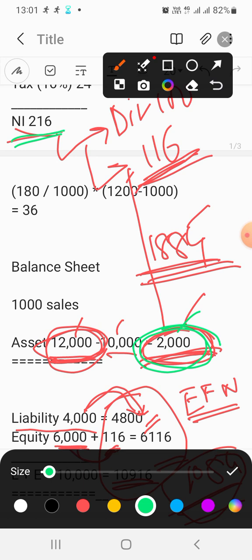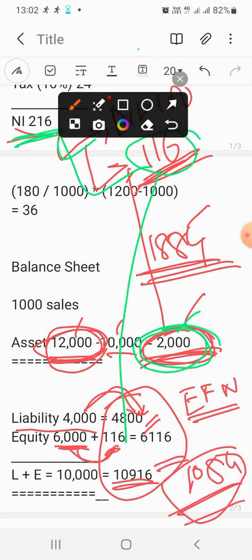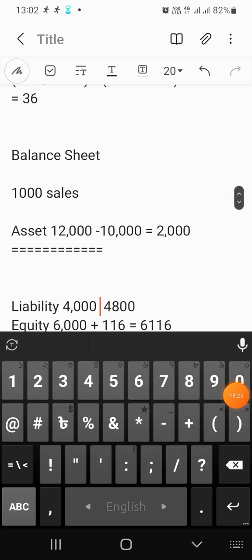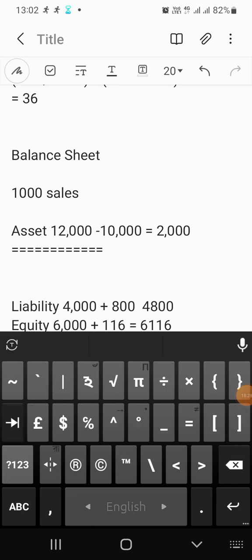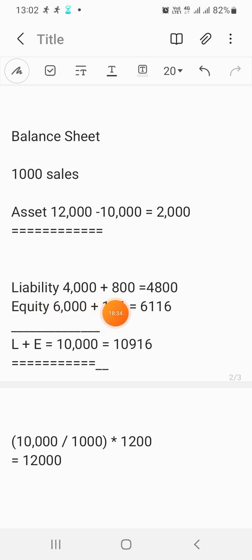তো এই 2,000 টাকা যখন আমি বাড়াতে যাবো, আমার মাথায় এই জিনিসটাও খেলা করবে যে আমি তো পরের বছর একটা নেট ইনকাম করবো। সো নেট ইনকাম থেকে ডিভিডেন্ড বাদ দিয়ে যতটুকু রিটেইন থাকবে অতটুকু আর আমার বাড়াতে লাগবে না। সো আমার ইকুইটি কত বেড়ে যাবে? ইকুইটি যেটা 6,000 ছিল, ওটা তো এই 116 বেড়ে যাবে অলরেডি। আর লায়াবিলিটির মধ্যে একটা পোর্শন থাকে স্পন্টেনিয়াস লায়াবিলিটি, ওটাও তো অটোমেটিক বেড়ে যাবে। সো আমি জানি আমার অ্যাসেট বাড়াতে হবে 2,000, এবং লায়াবিলিটি এখানে হচ্ছে 800 স্পন্টেনিয়াসলি বাড়বে, আমার কন্ট্রোল ছাড়াই, এখানে আমার তেমন কোনো ভূমিকা নাই।